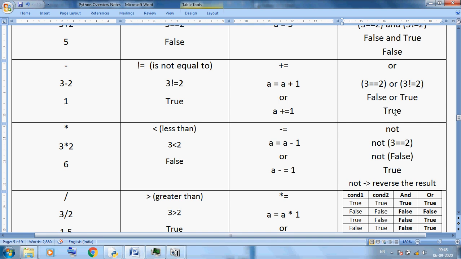So we can join multiple relational conditions, and in the middle we can use an AND operator or an OR operator. Generally we use the AND operator when we want to check a condition in a range. Suppose 60 to 100 marks we can check for A grade, 30 to 50 we can check for B grade. When we have data in a range, in between, we must use the AND operator. When the conditions are optional, either one, we can use the OR operator.